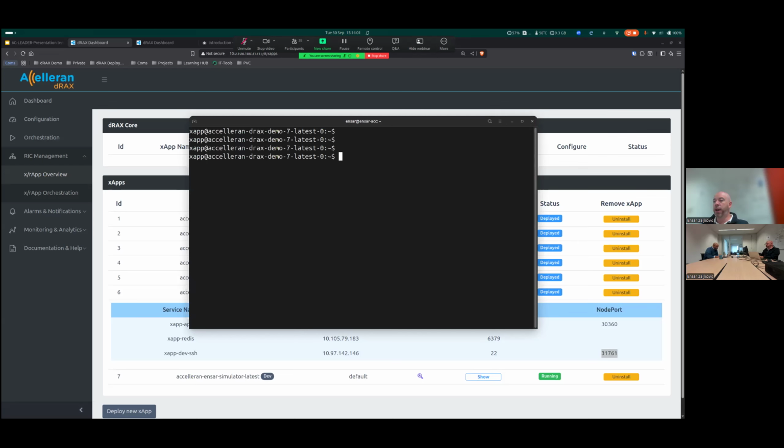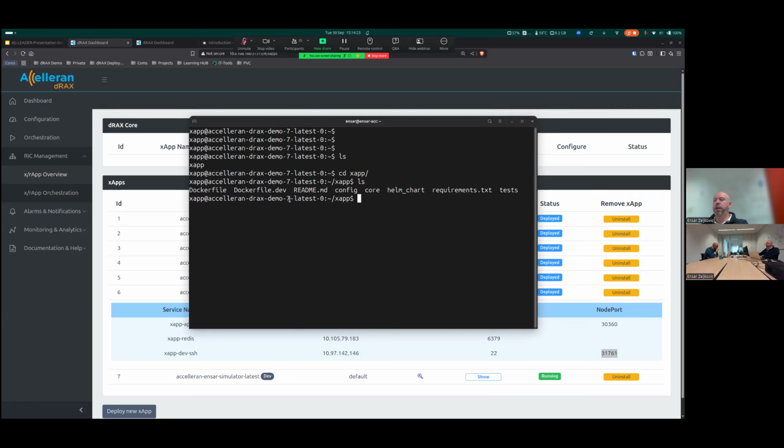Let me clear it out and give you an overview. Basically, you have one folder here that's called xApp. If I go into it, I have the skeleton of my xApp, or what we call the dev environment. There's lots of things going on here.